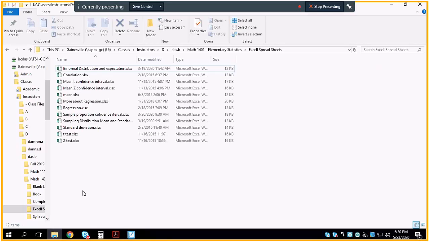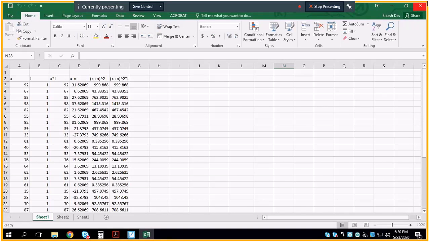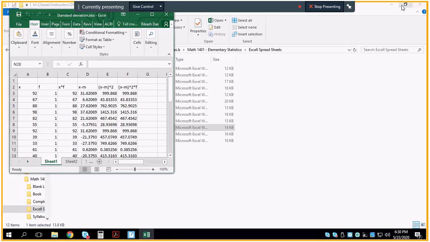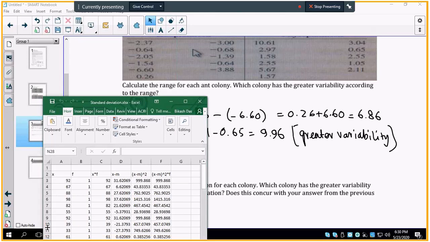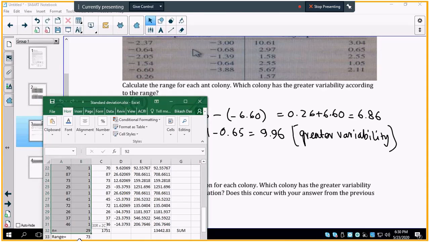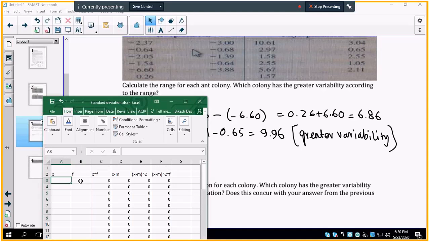What we will do, we will use the help of the Excel spreadsheet. So go to your Excel spreadsheets folder and you will find standard deviation, a folder there. Open it, and we're going to populate the information in the standard deviation. The only two columns we're going to put information in are the columns for X and the frequency. And we don't have to worry about the frequency as much. All we have to do is type in each data once and use the frequency as 1. So let's start. I have -2.37, -0.64, -2.05, -1.54,